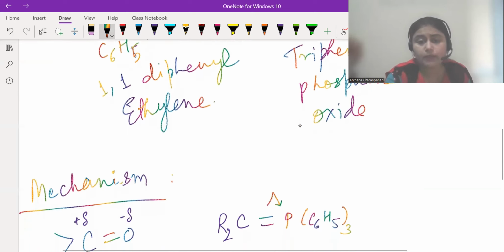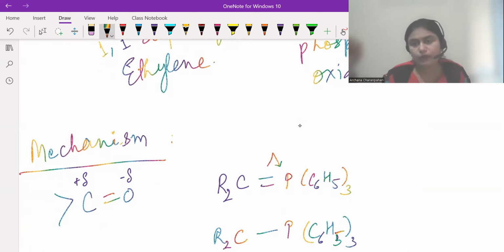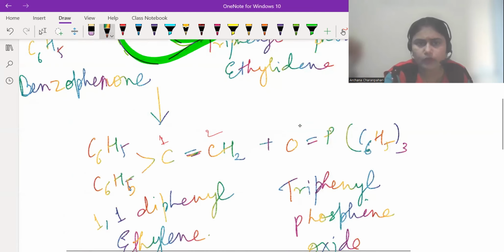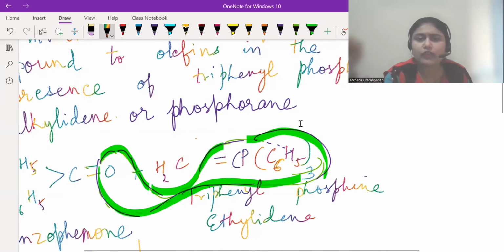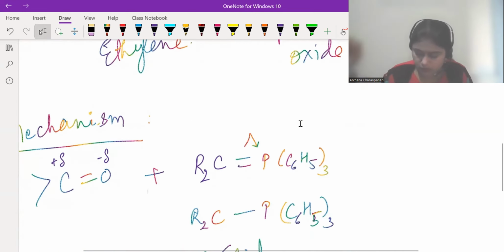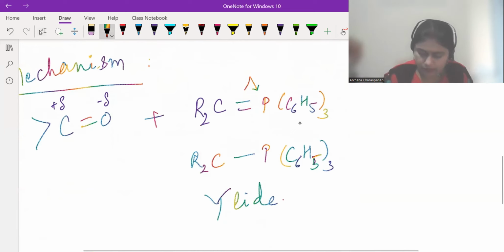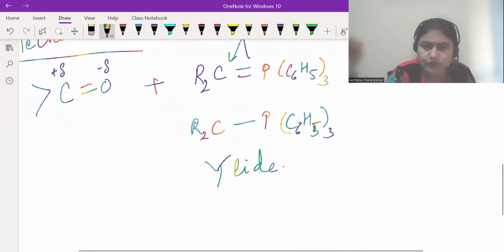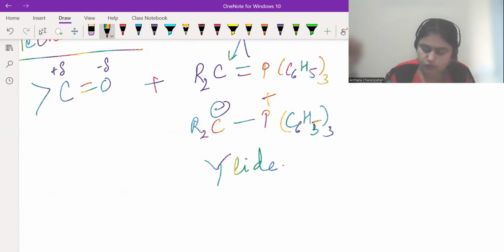Now let us proceed to the mechanism. So you have a carbonyl compound. We know very well that oxygen carries a partial negative charge, and as compared to that, the carbon will carry a partial positive charge. Now, if you speak about phosphorane, we have already seen that triphenylphosphine alkylidene is also known as phosphorane. For this phosphorane compound, this double bond can open and give a negative charge to carbon, and phosphorus will have a positive charge. This compound is known as ylide. So the negative portion will go and attack